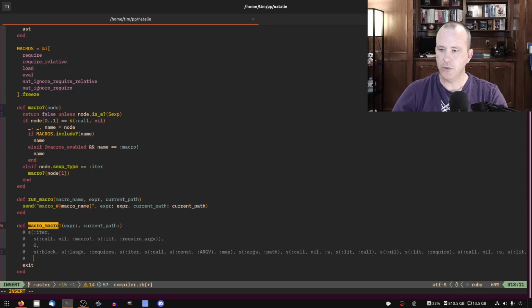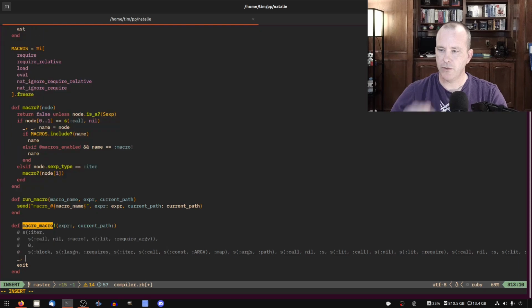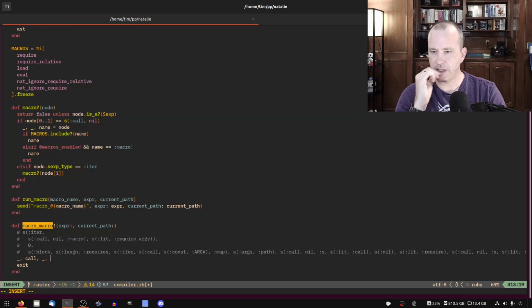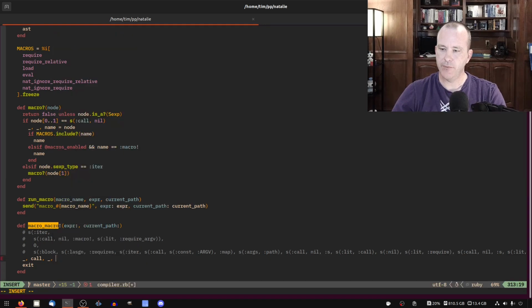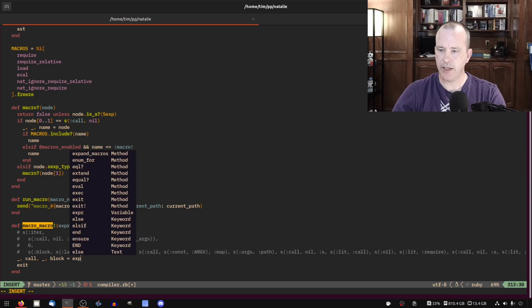Cool. So we want to ignore the first part, which is an iter. And then the call is here, and then 0. What does 0 do? I don't remember what 0 is for, but we're going to skip it. It might be arity of the block, possibly. Yeah, we'll skip it for now. And then we'll just say block here. So expr,